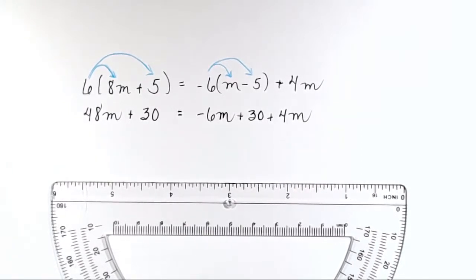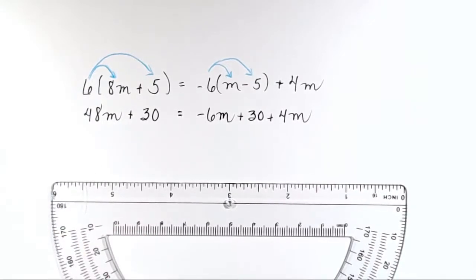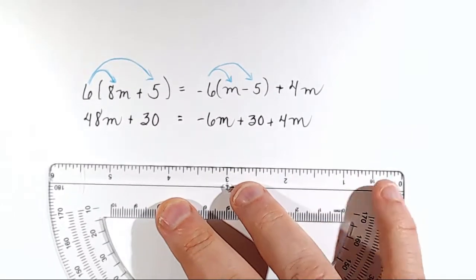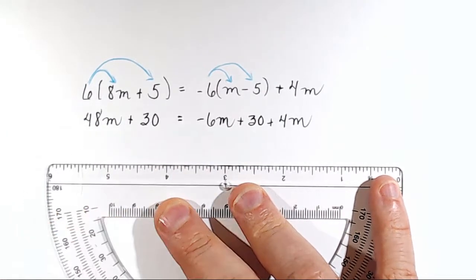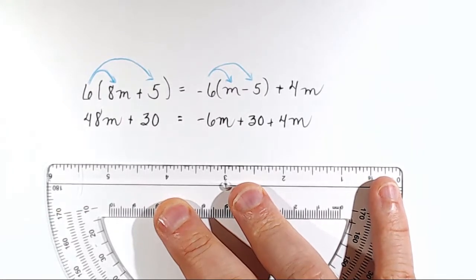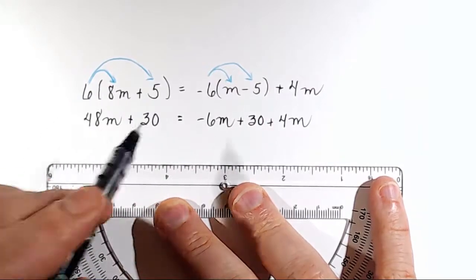What we are trying to do is get x, or in this case, get the variable m by itself. Okay, so we're trying to isolate the variable on one side of the equation. And it doesn't matter which side of the equation you get the variable on, as long as all of the m's are together. So let's see what we do. On the right side of the equation, I've got -6m. So the one thing I could do is to move this 6m over here, I could add